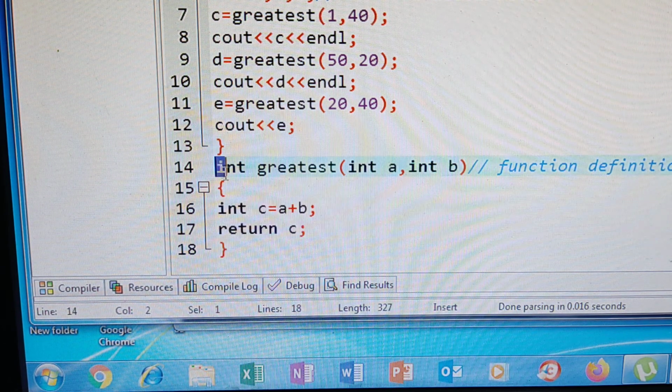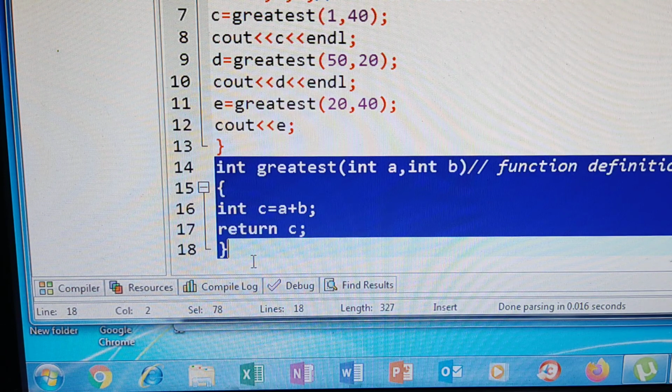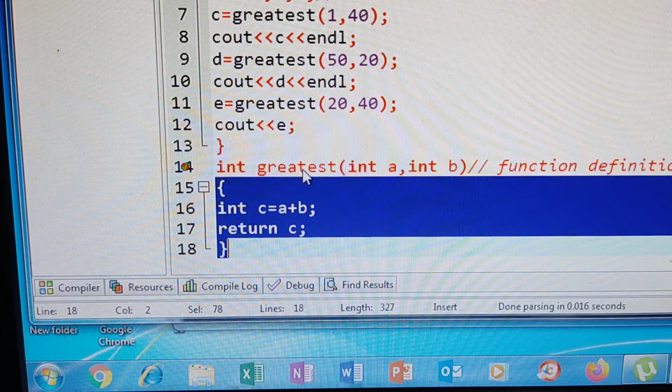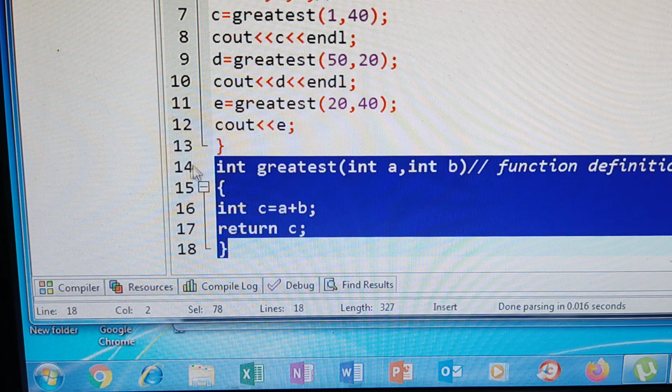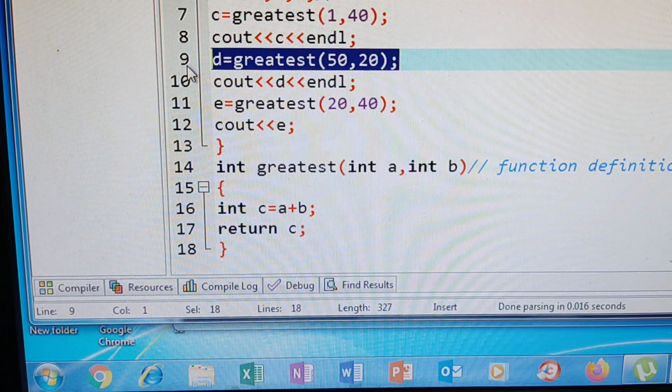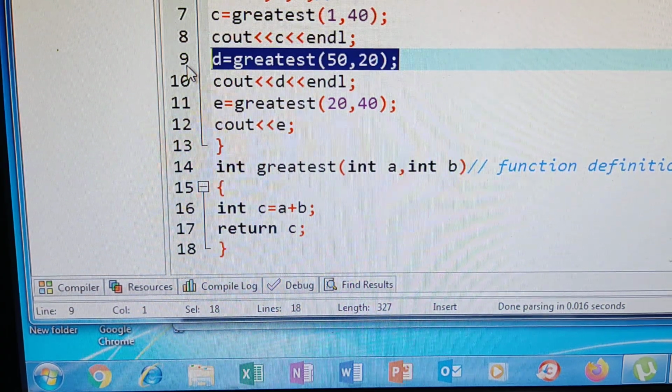The total from this line to this line is called the function definition. What you are expecting from a function is nothing but the function definition. And always remember one point: the function definition is only the template. There are no values. That template will get the value when the main function calls the user-defined function, and at that time only it gets the value.